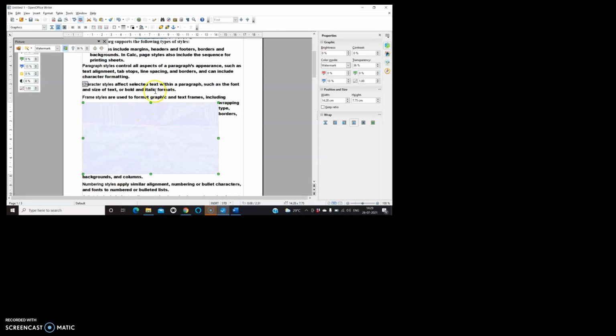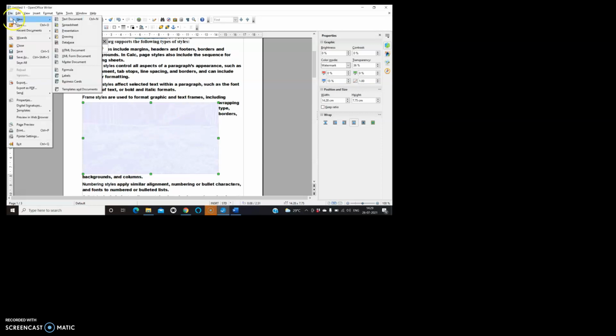You can see यहाँ पे इसको rotate करने के लिए कोई option नहीं. We can't see any option to rotate, right? You can't see any option to rotate over here. So what you can do, you have to click on this option called file and new, and then here